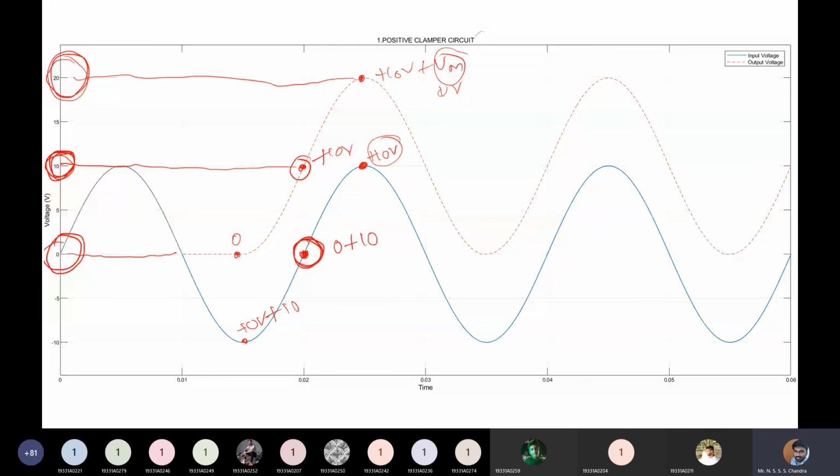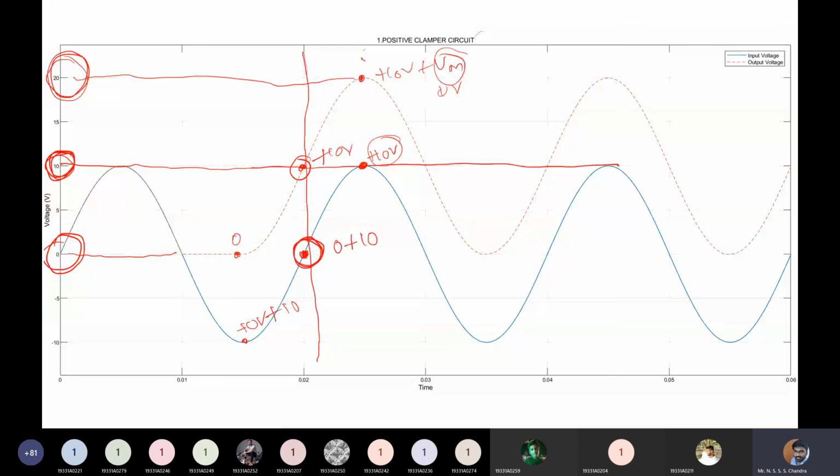Because we have taken the input voltage as 10 volts, you are able to double this voltage to 20. If you had taken the input voltage as 20 volts, you might be getting 40 volts in the output. So you are able to change the voltage value at every instant. Now if you draw the new reference voltage, for this sinusoidal waveform, this dotted red line, your new reference voltage is 10 volts.